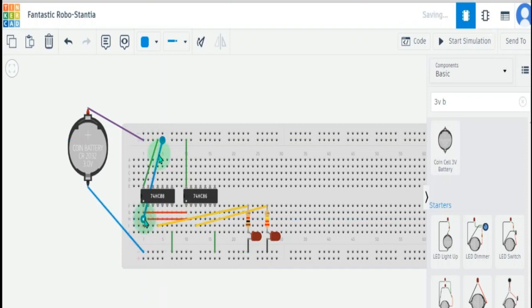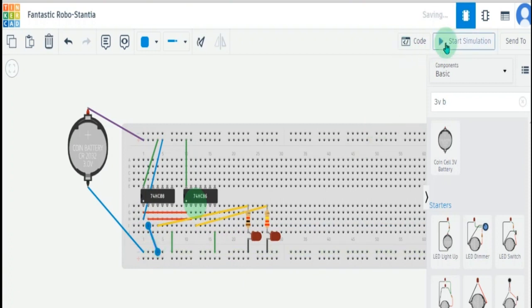Now these blue lines are the logic levels. Basically these are not the voltages. We are applying the logic levels to the pin A and pin B. They are logic levels at the beginning, but when we apply them to the pins in the AND gate IC, the logic levels are extracted from the output, converted into voltage, and then the LEDs light up. So in this way it works.